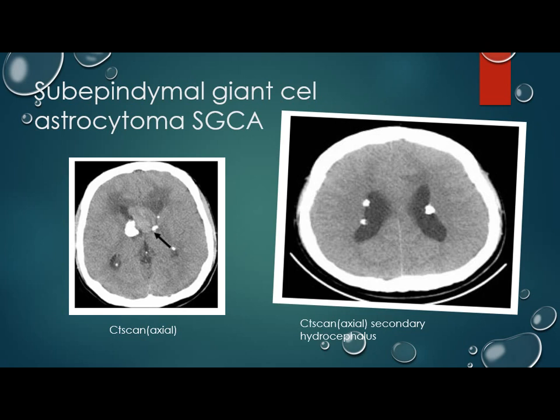On axial images, it is a more calcified lesion, so we can diagnose it better by CT, and by MRI it appears hyperintense. Let me show it to them. This lesion is near the foramen of Monro, and this is the calcification. It's a giant cell astrocytoma. It's not only microscopic, it's big. And this is the calcification inside it.